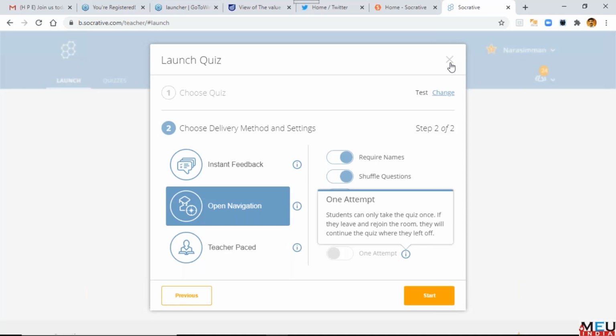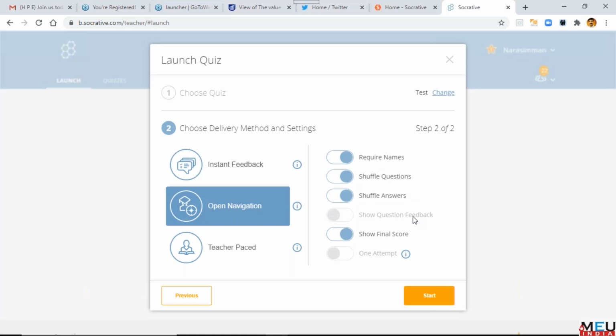Once you launch as a quiz, you get the options: instant feedback, open navigation, or teacher paced. Then students need to enter their name. There is an option to shuffle the questions, shuffle the answers, show feedback, show final score, and one attempt also possible.